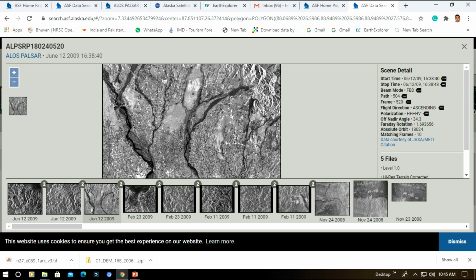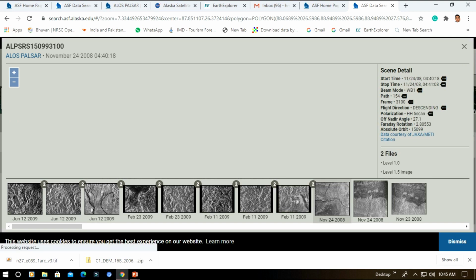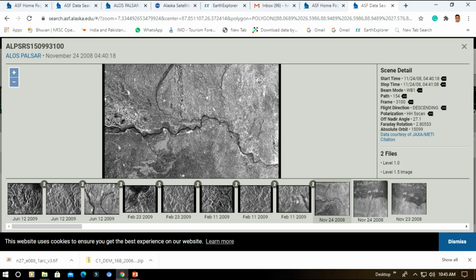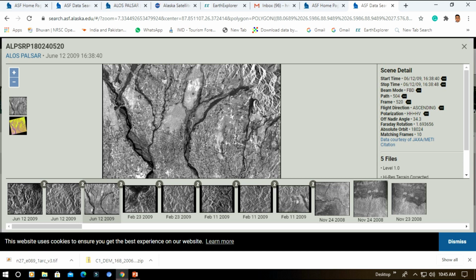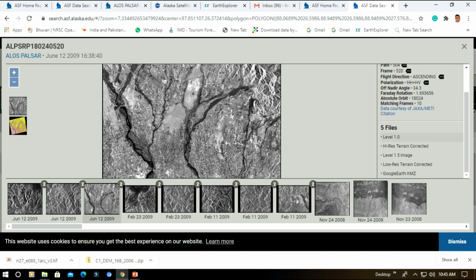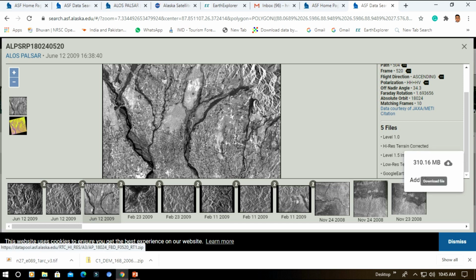You can see this screen, this area also, and select the particular area you want to download. Here you can see the 5 files. Here the high resolution terrain corrected files, you have to download this portion. So click on it and then click the download file.